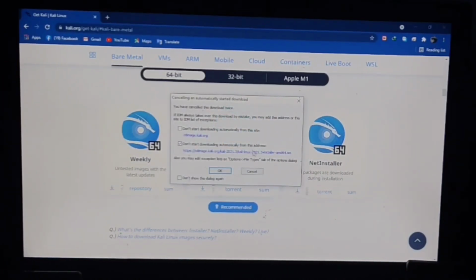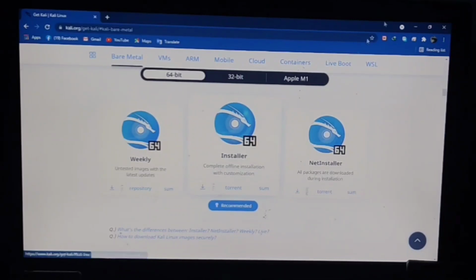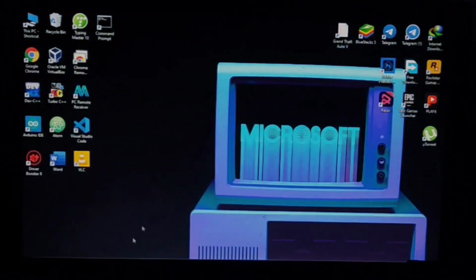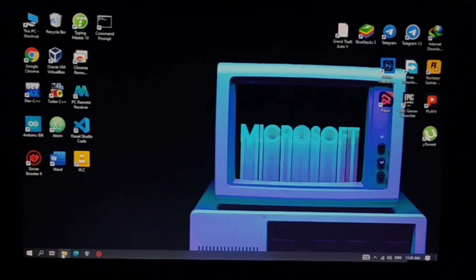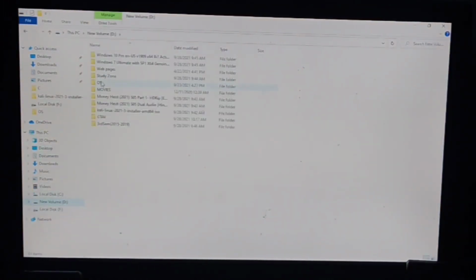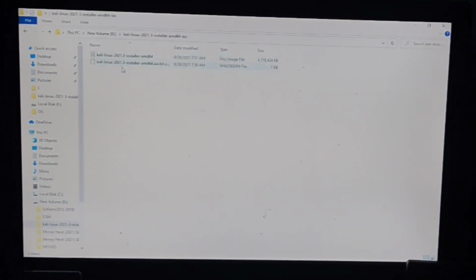I have already downloaded that file, so I skip this step. You also download the file. My ISO file is saved here, Kali Linux 2021, the latest version.